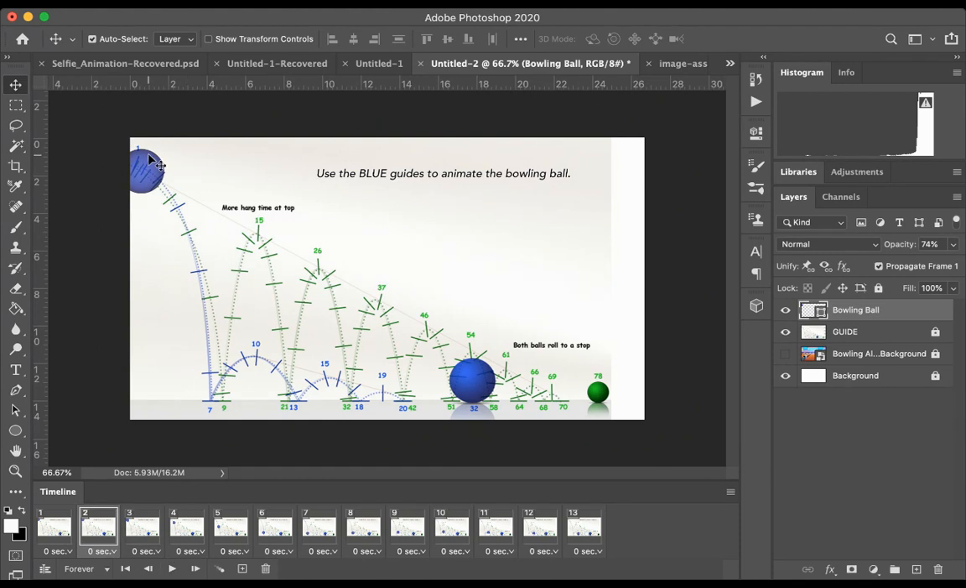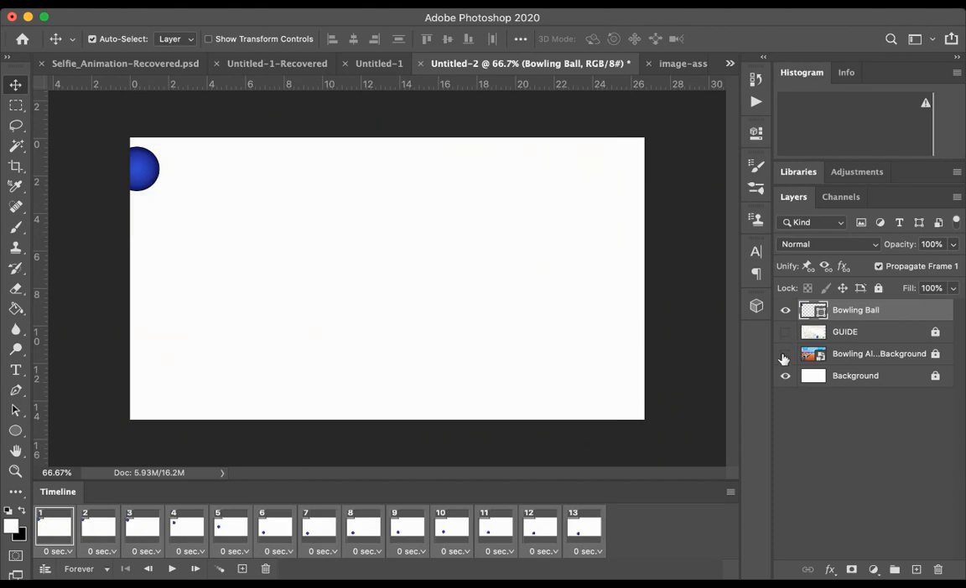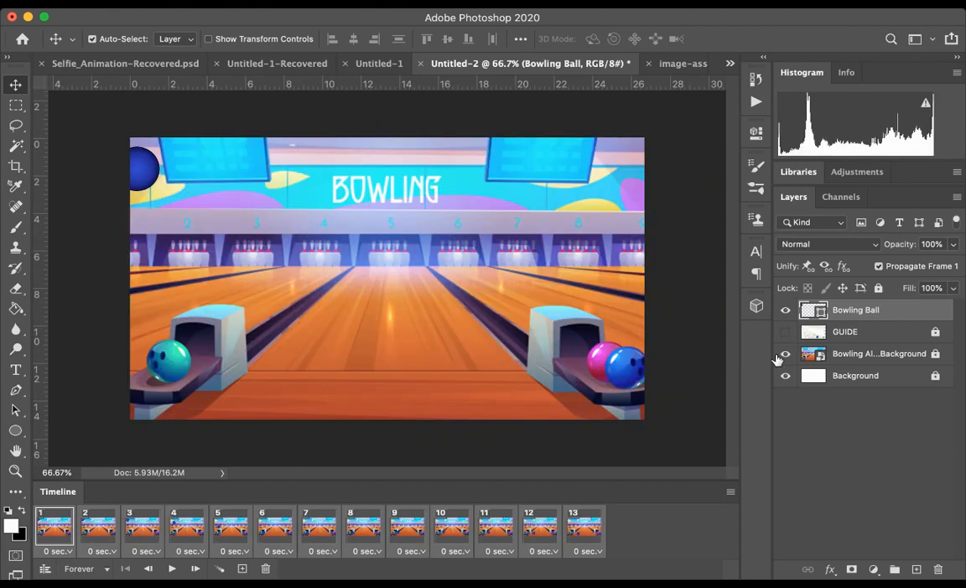What I'd like you to do for this exercise is complete it until frame 32 when the ball comes to a stop. And when you're done, you can select all of these frames. You can bring the opacity up, and you can turn the guide layer off and this bowling layer on. So now you kind of get a scene